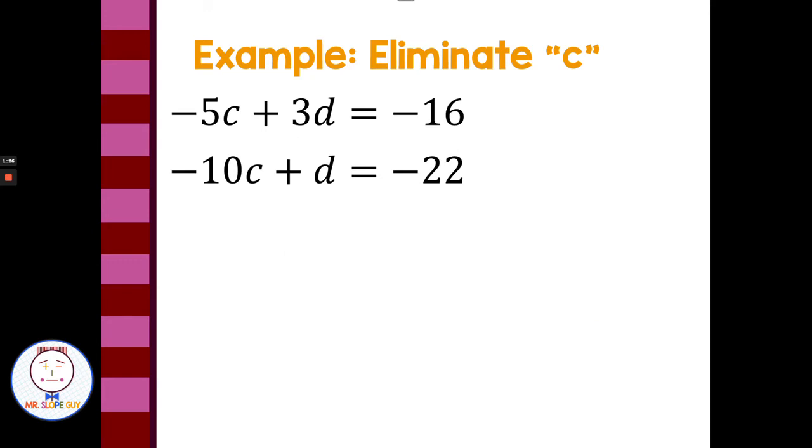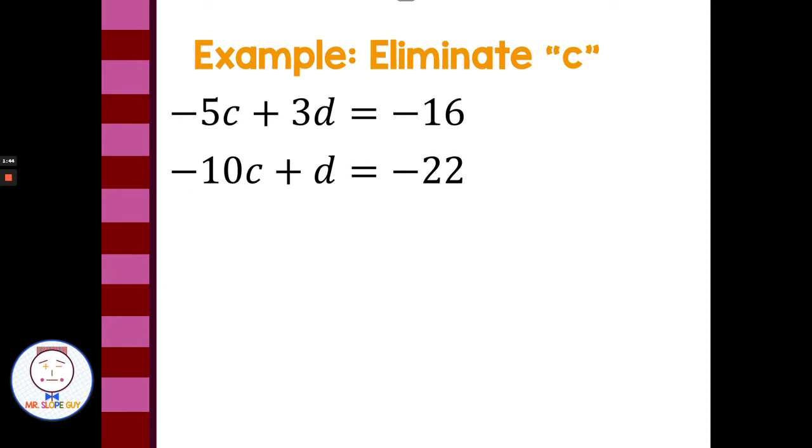So let's look at a new problem. We have c and d in this one. Negative 5c plus 3d equals negative 16, and negative 10c plus d equals negative 22. And if we're looking to eliminate the c values, I have the same signs. They're both negative, so I'm going to want to multiply one of these equations by negative 1 to make them